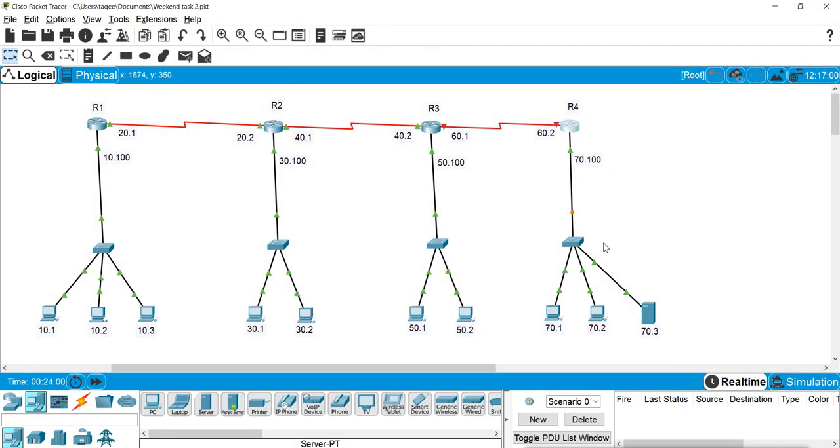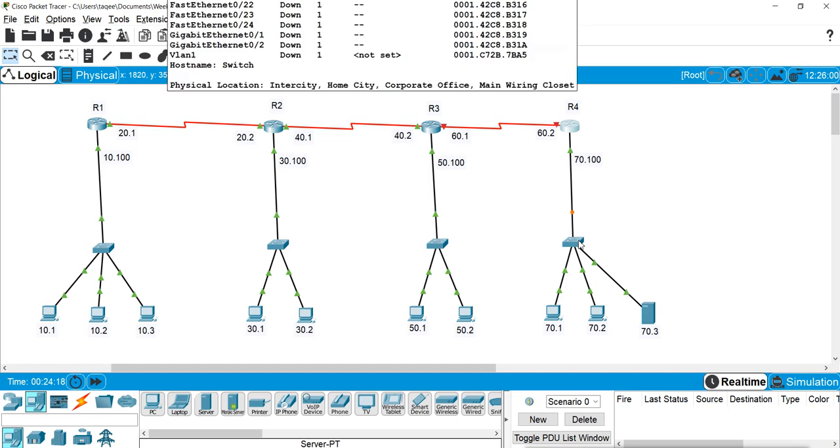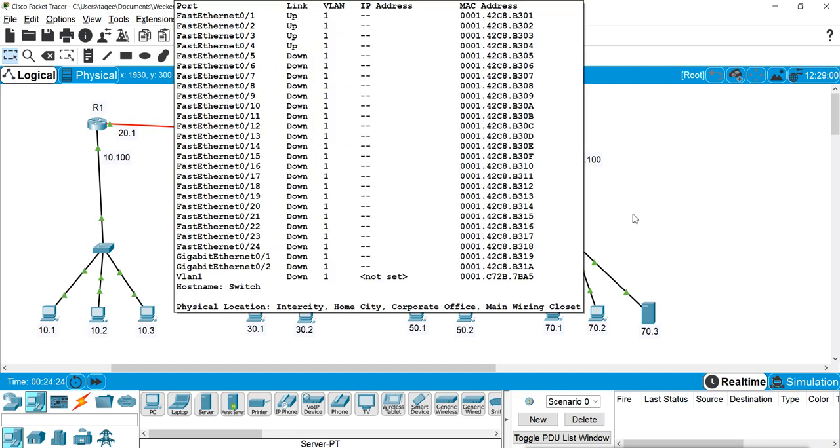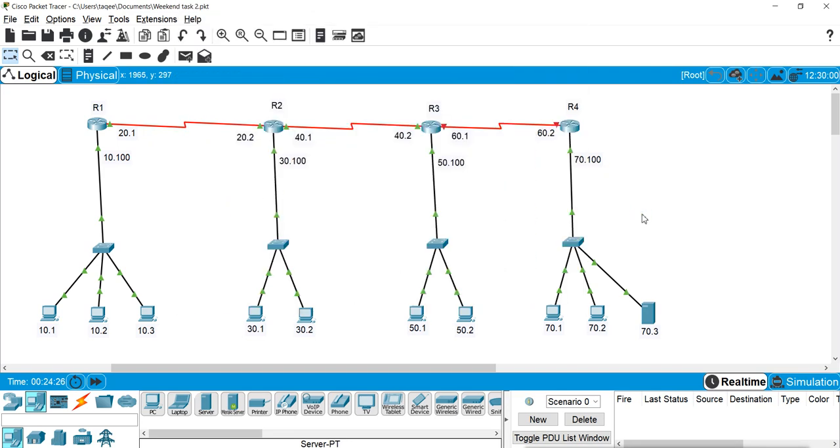We just have to wait some time because the switch interface takes a little more time to enable because of STP. STP is running on every Cisco switch, so all the interfaces go through the STP stages.